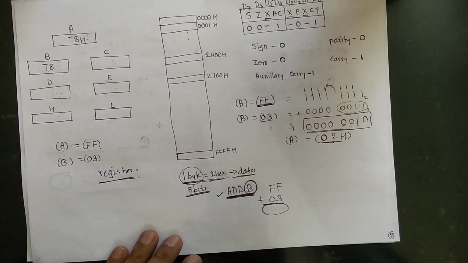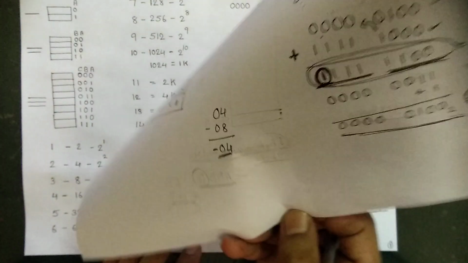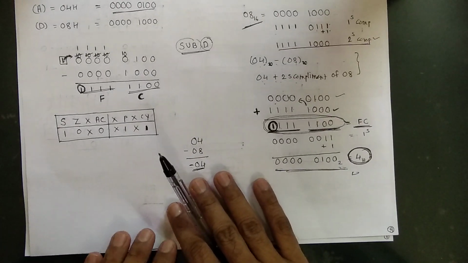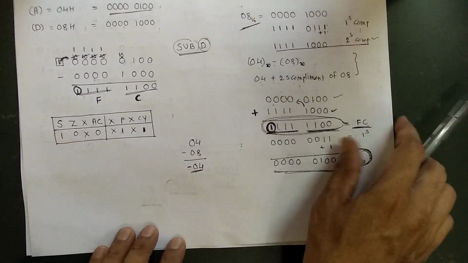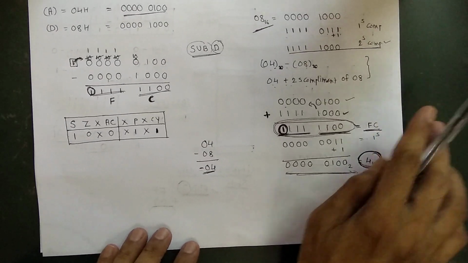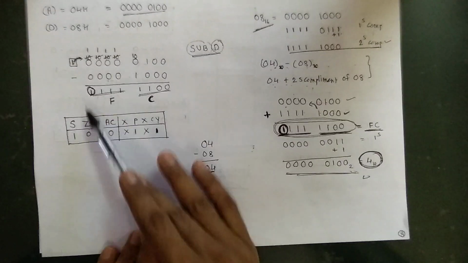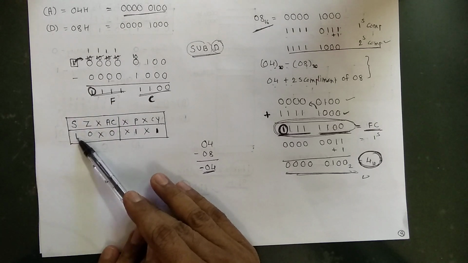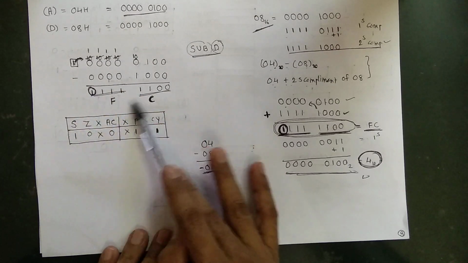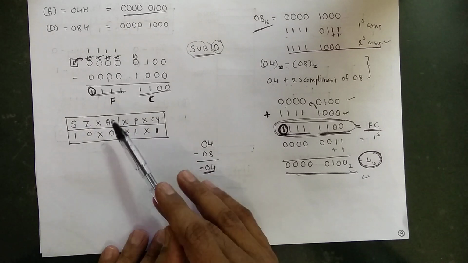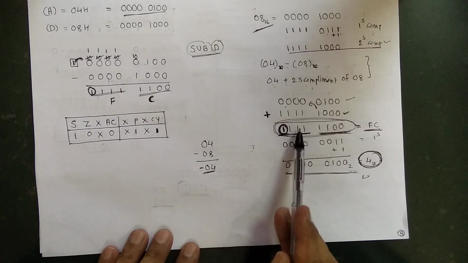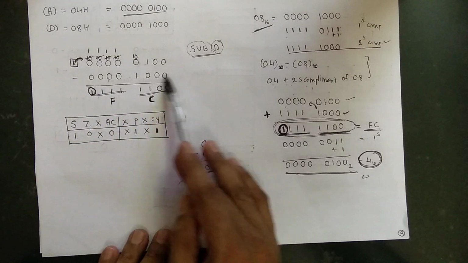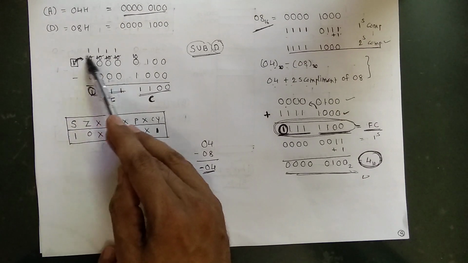And in this example of subtraction, the number which is to be subtracted is bigger. In this particular example, the answer is FC, the most significant bit is 1, the answer is negative, so the sign flag is set. The answer does not have value 0, so the zero flag is reset. Auxiliary carry is not generated, so it is reset. 1 is present an even number of times. We are taking the borrow, and carry acts as a borrow, therefore this flag is set.